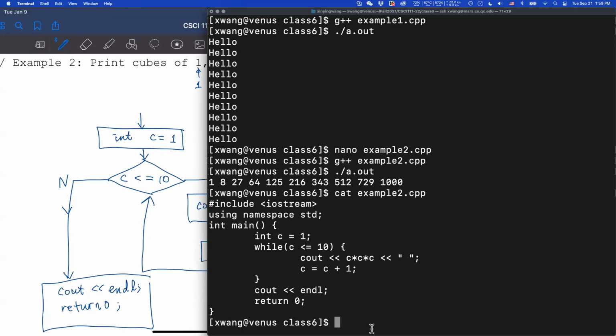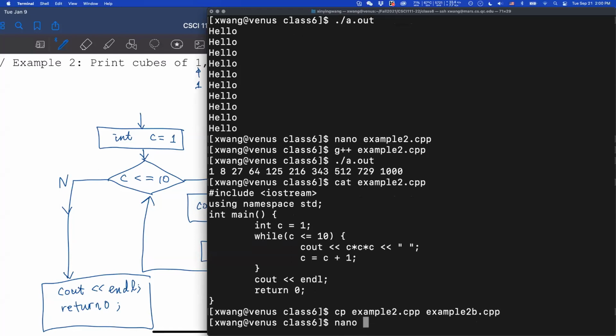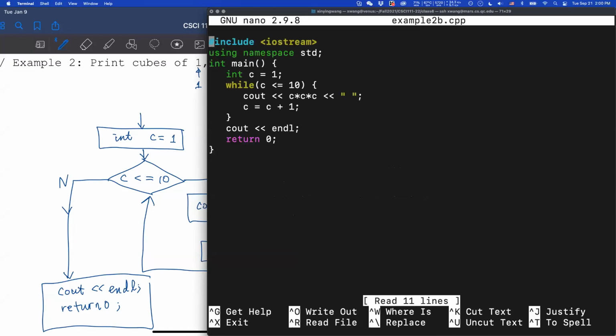Now, for example, if you want to print the cubes from 101 to 111, I can modify my code.